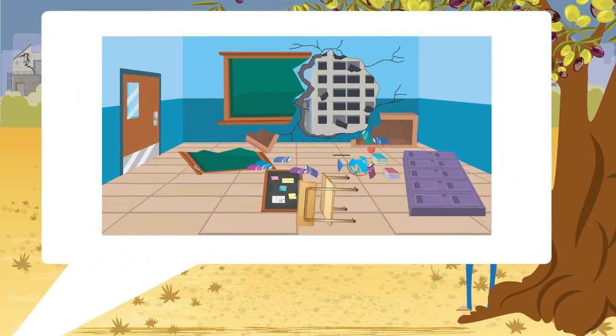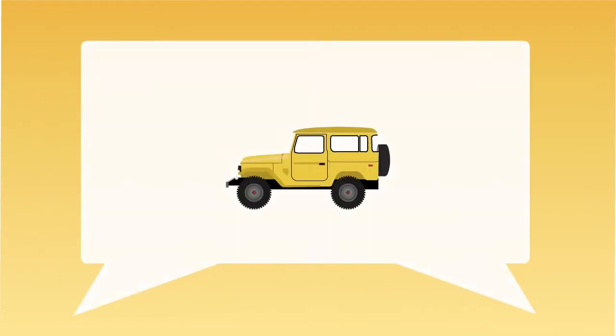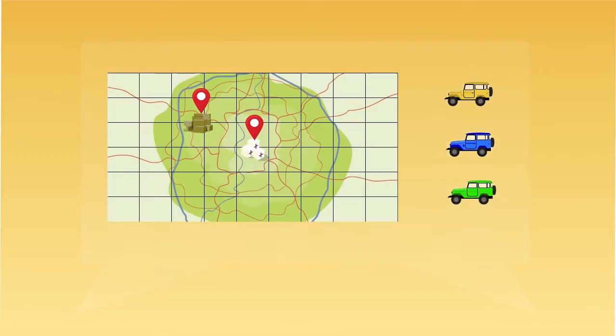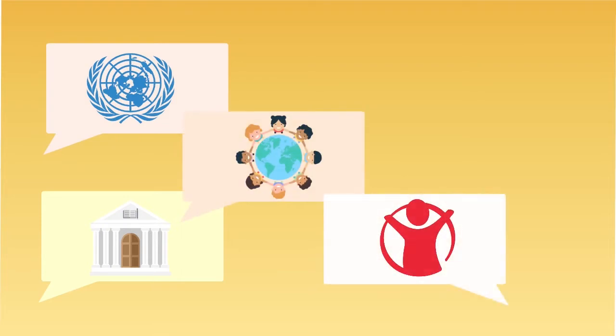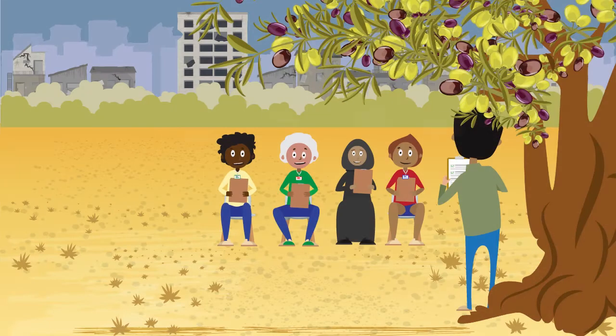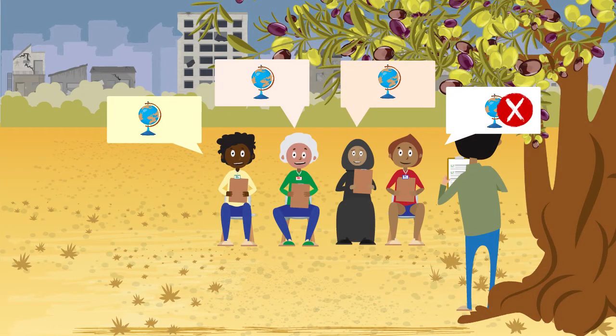The type of emergency and the context will determine the tools and approaches used. Wherever possible, education in emergencies assessment and analysis should be done jointly with other actors. This includes government, UN, international and national NGOs through the established coordination mechanisms, usually the Education Cluster or EIE Working Group. This approach is more efficient, avoids duplication, and minimises the burden on the affected population.